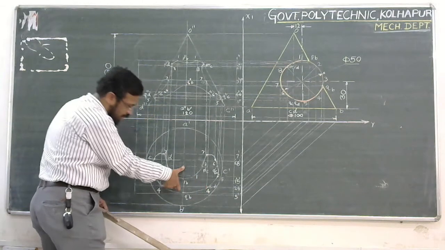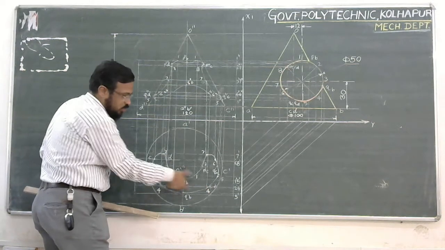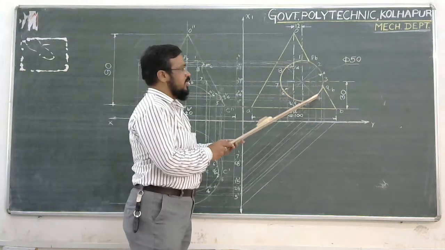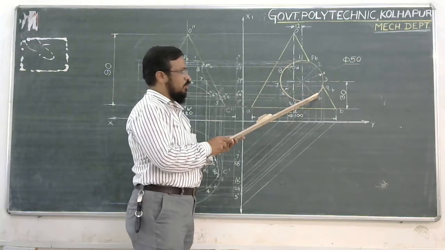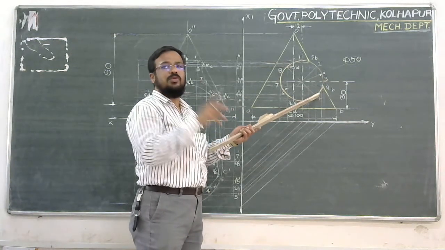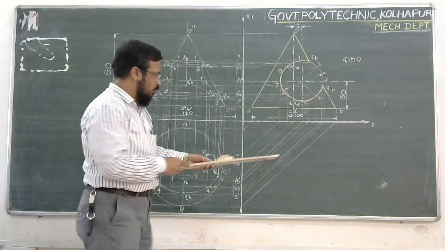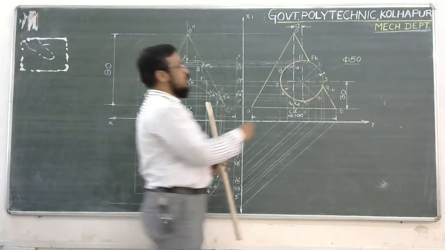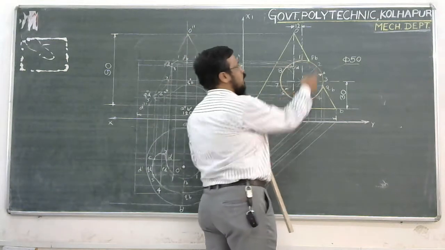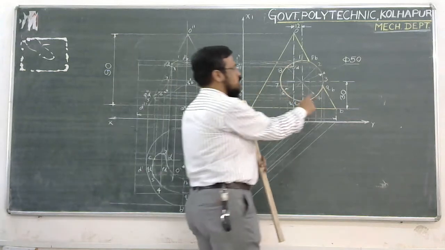So this 4 will be here, and 4 dash. I have mentioned it as 4, you can mention 4 dash also. So likewise, 4 and 4 dash will be plotted. This is for getting this intersecting point number 4 projected in the top view. Remember, point number 4 is on the intersecting surface of the cylinder with the cone. Now you have to project this point number 4 backward. And on this projector, when you think of projecting the intersecting surface, you forget about all the other parts of the cylinder. You simply focus on this point number 4.